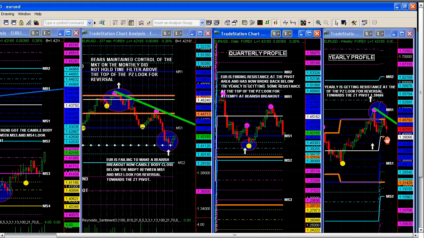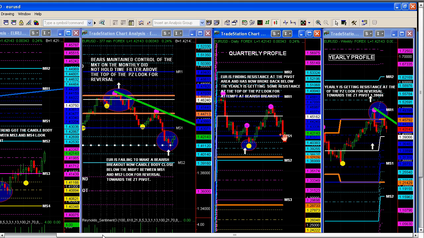You're in between the pivot at 1.39066 and the top of the PZ 1.45792. You've got strong support here, strong resistance here, causing a wedge in here, a range-bound movement throughout the smaller time frames. Where you've got the resistance at the 1.45792 area, it's very close to the pivot area. So once this market broke back below the ZoneTrader pivot there at 1.45162,